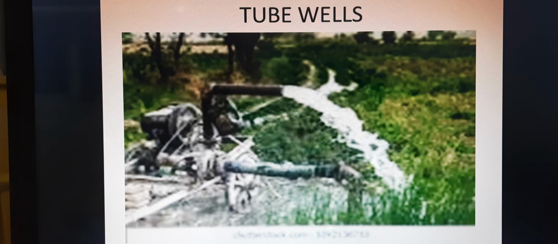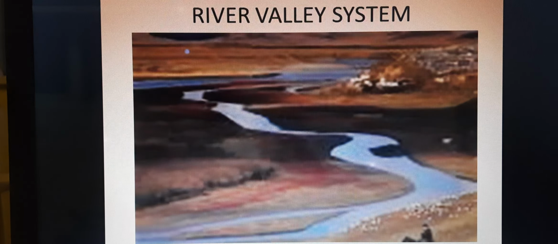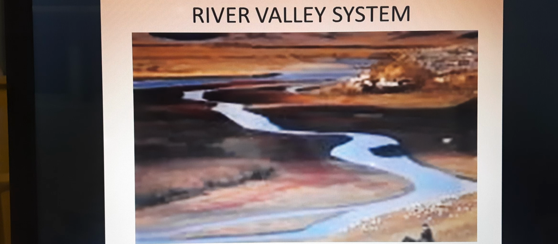Naturally, the water requirement for the plant is highest for their proper growth. You see, this is done manually to take water from the river. So, this is called river lift system. In villages where there is no electricity, they use this river lift system. This is the river valley system, where the river is going, small tunnels and small reservoirs are prepared and some small canals are prepared, and water will flow from the river,